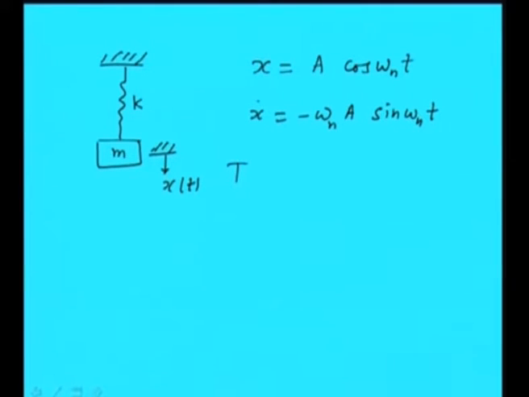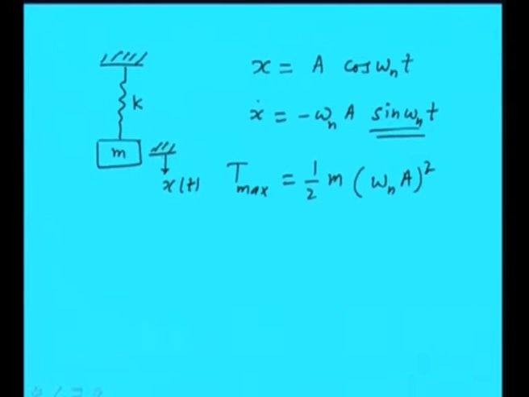So, maximum kinetic energy of the system can be obtained as half the mass into maximum velocity squared. Maximum velocity will be when this quantity is unity. So, we can write this as this. So, this is the maximum kinetic energy of the system, okay,